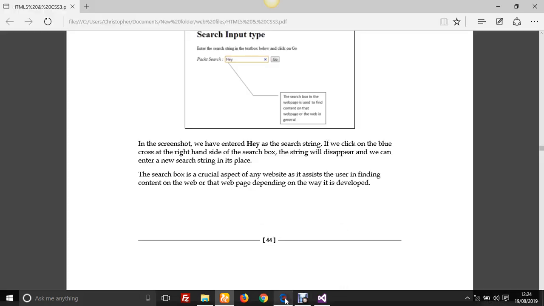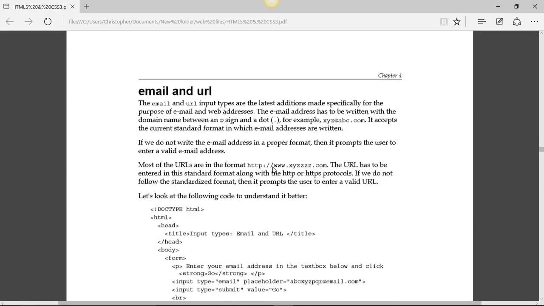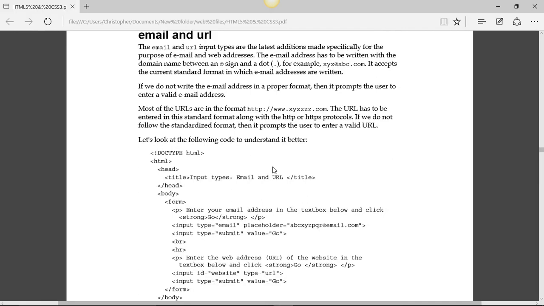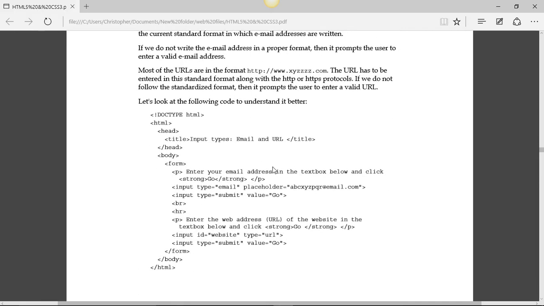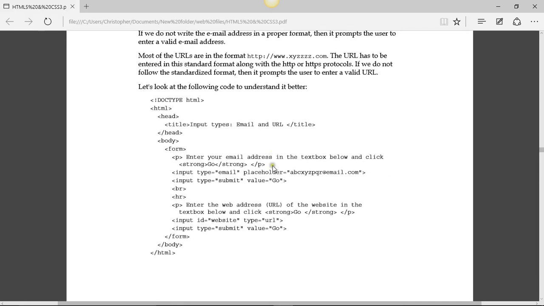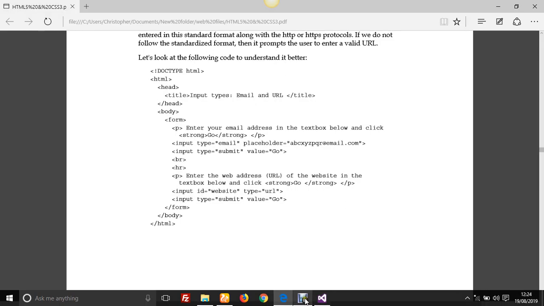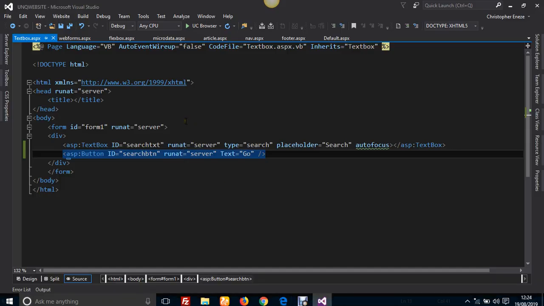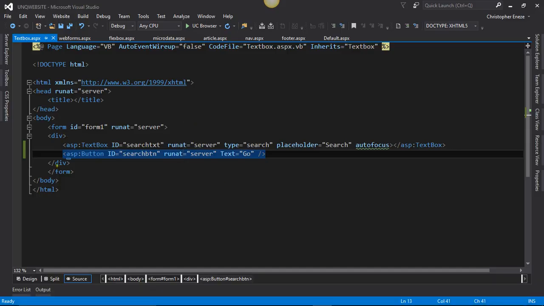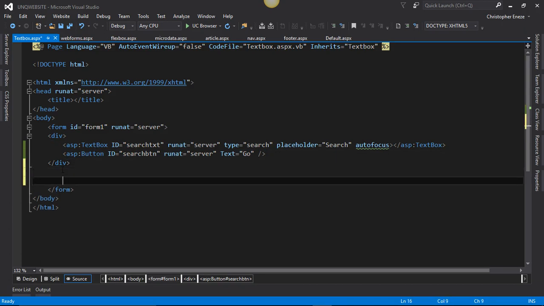Okay, so we've done search. Next is email and URL. Have you ever gone to a website and then you put an email address and they tell you the email is not correct? So using HTML code, I will show you how to achieve that. So now we've added this search. We'll go ahead after this div, the close div, we'll leave the search there. After the close div, we'll go ahead and add